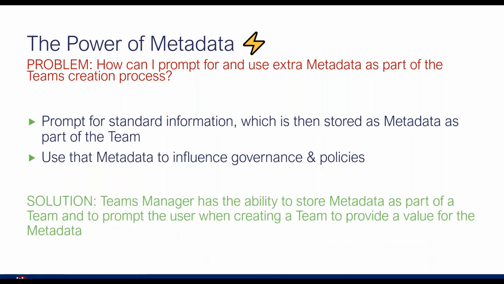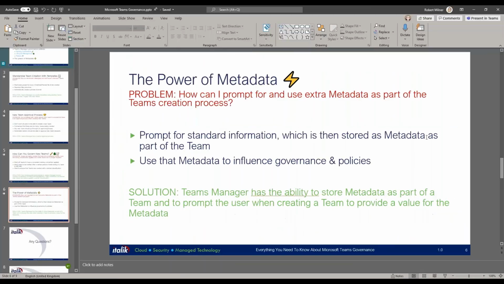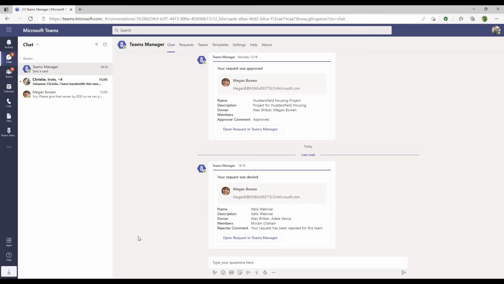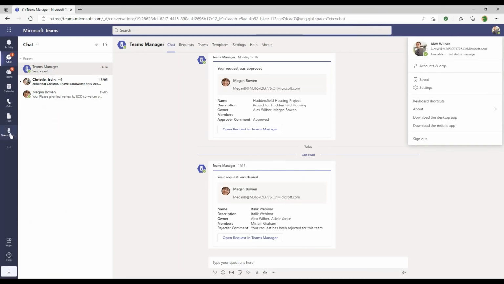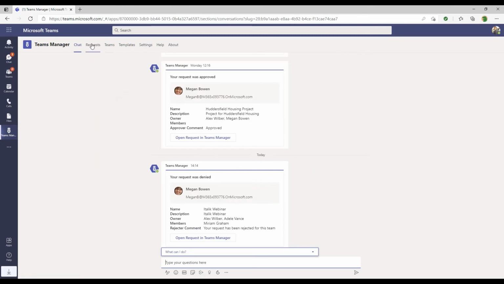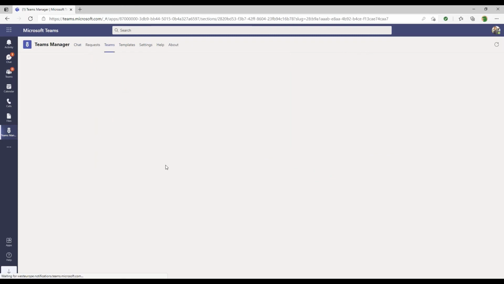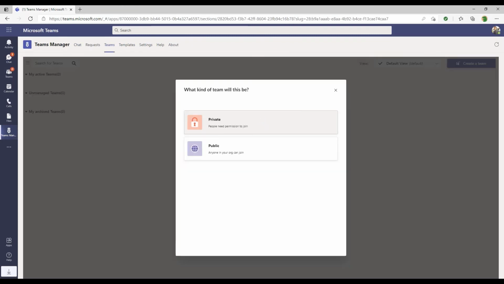And the Teams Manager has the ability to store metadata as part of the team and to prompt the user when creating a team to provide a value for that metadata. So again, let me just come back into my test client. So here I'm actually as a standard user, Alex Wilbur. If I go to Teams Manager, if I click on Teams, let me just create a team just as a